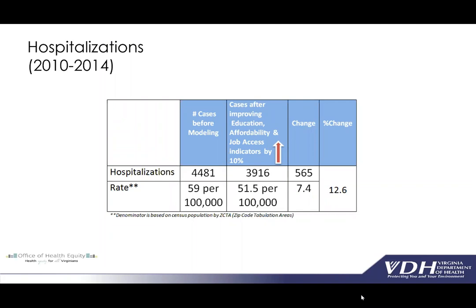So another question was, what do we do now? The question is, if we make changes to, let's say, education, affordability index, or job access, just by 10%, how much would it change? It shows that we will reduce this by 12%. Now, if we move more, to 80 on 10%, that's 4%, and